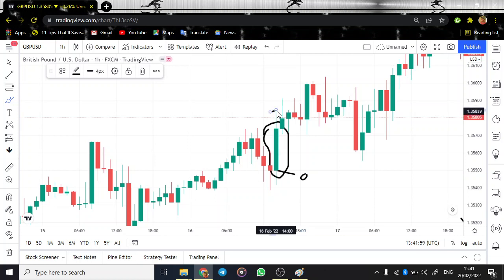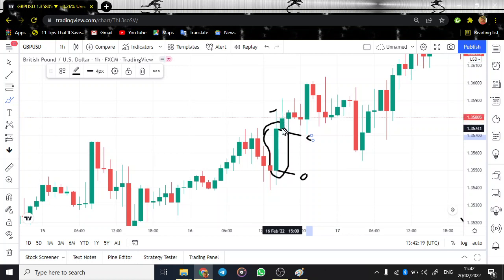But before its time was up, it came down, and by the time it expired, it closed here. So this was the closing price of this candlestick, and this means that the next candlestick, a green